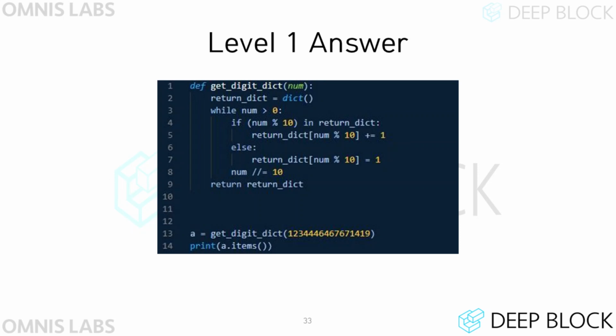First, initialize a dictionary called returnDict, which the function will return. And as long as the num variable is greater than 0, the iteration continues. If the remainder of num divided by 10 exists in returnDict as a key, increment the value of the key by 1.